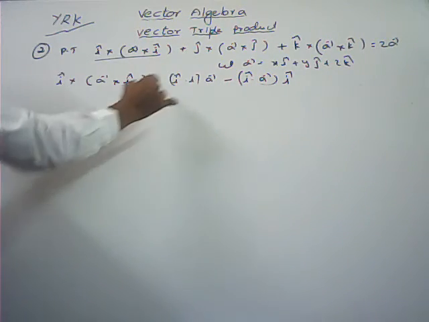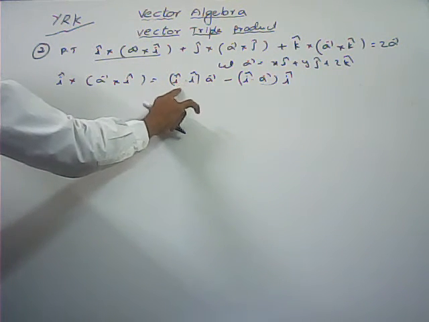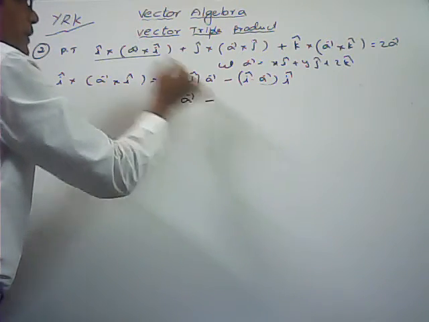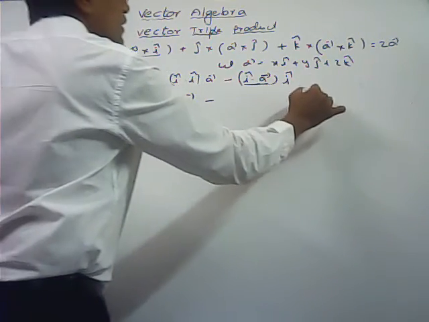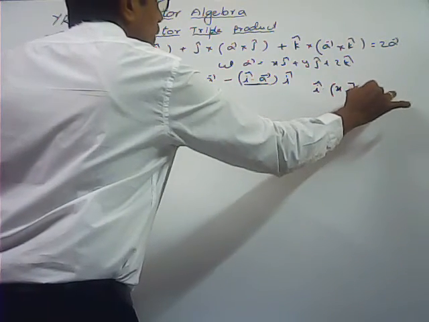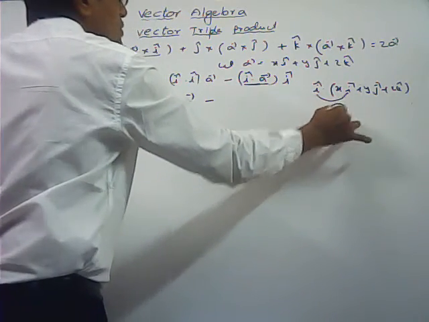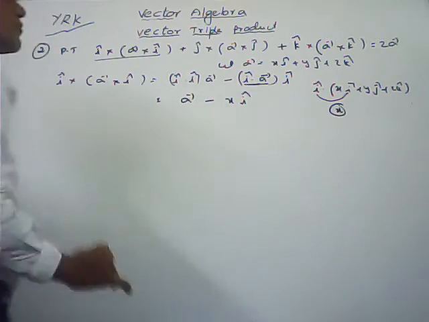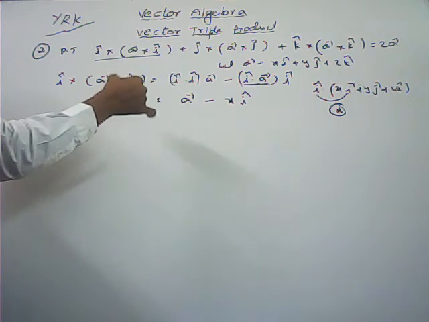Here i bar dot i bar, that is i cap dot i cap, that is modulus of i cap square, modulus of i, that is 1 into a bar, minus, now dot product with a bar. Here i cap dot (x i cap plus y j cap plus z k cap). How much are we getting? The product of these two, 1 into x, x only, x into i cap we are getting. Here i and j both are mutually perpendicular, its dot product is 0, i into k also 0. So for the first one I got this. For the second one, similarly we can write the remaining all.